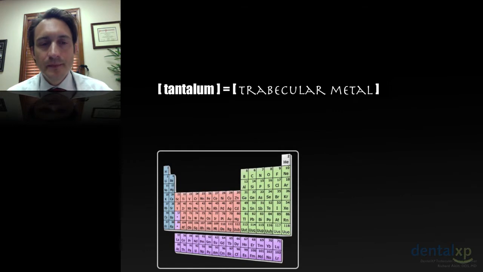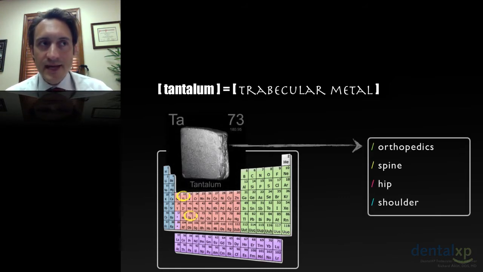First, let's talk about tantalum. We need to understand that trabecular metal is not titanium. Trabecular metal is tantalum. So when we look at this periodic table, number 22 on the periodic table is titanium. We're all familiar with titanium and its applications in implant dentistry. But let's look at number 73. Tantalum is number 73 in the periodic table, and it has applications currently in orthopedics, and specifically spine, hip, shoulder, joint surgery. And it probably has about a 10-year or so record and research